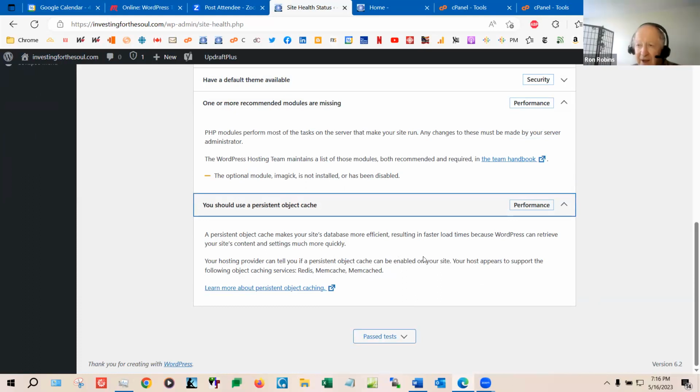You see in the last paragraph there, they mention things like Redis, memcache, and memcached. Any of those, if your host has installed any of those, are highly likely to cause this kind of a problem.